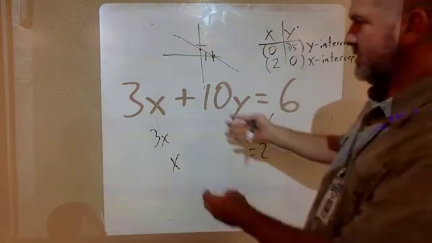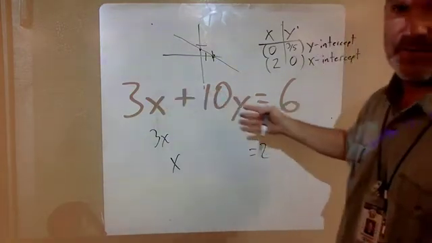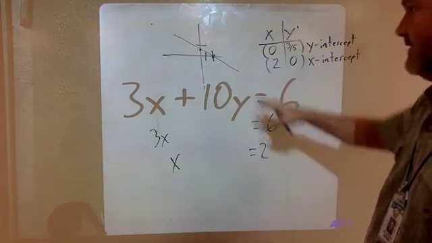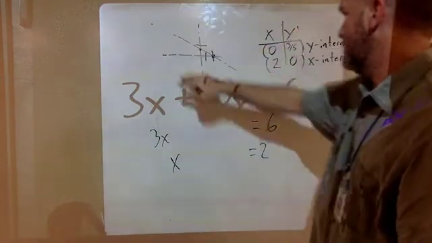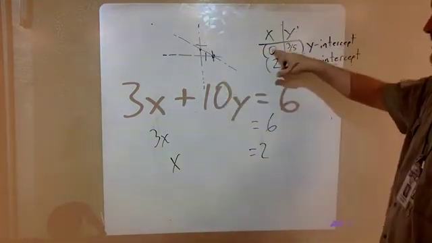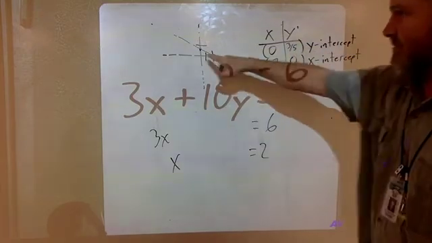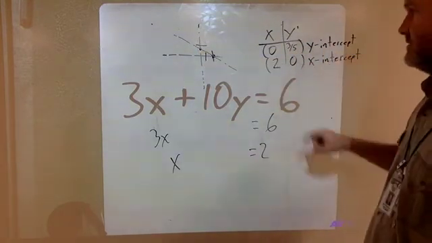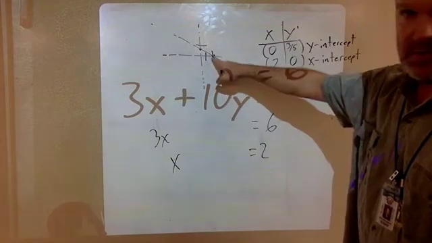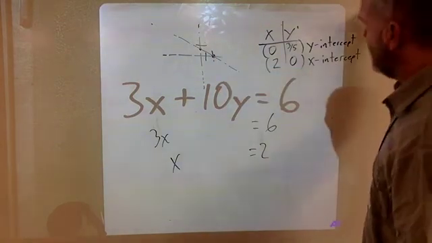So I really just want you plugging in zeros here and solving them, just like I did here. You don't have to do that part. You just got to do this part. Say 0, 3/5, that point is the y-intercept. 2, 0, that point is the x-intercept. As long as you have this,